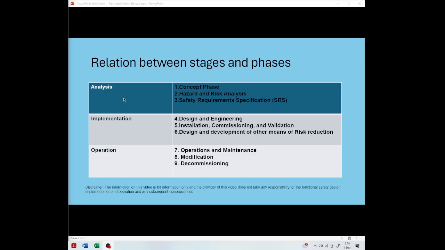This key stage is during operation of the plants for many years. The key stage of modification is when we need to change a safety system for any operational reasons. We use MOC process to do that. And also decommissioning stage is part of the operation phase, when we don't use the SIS system and